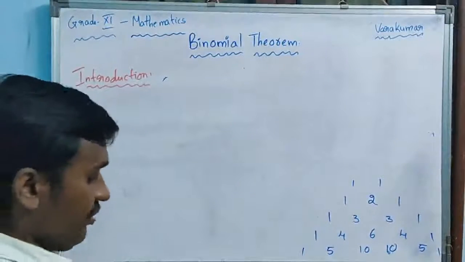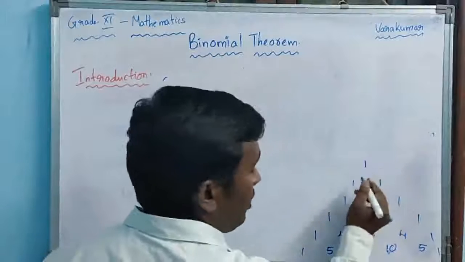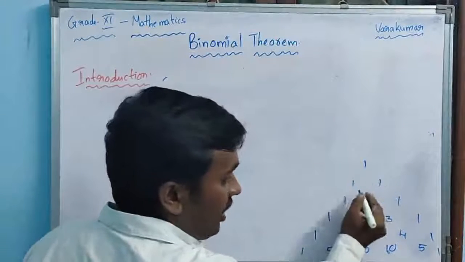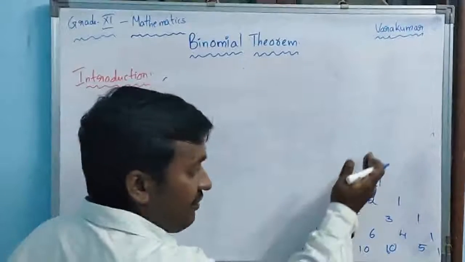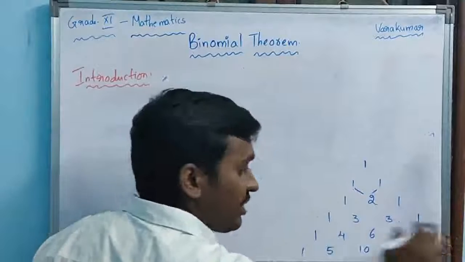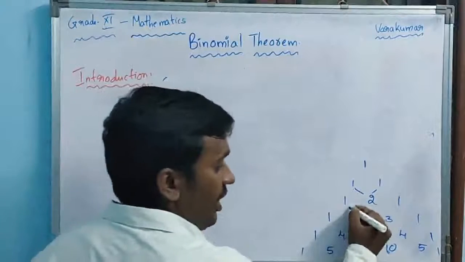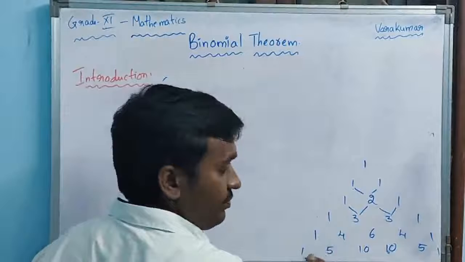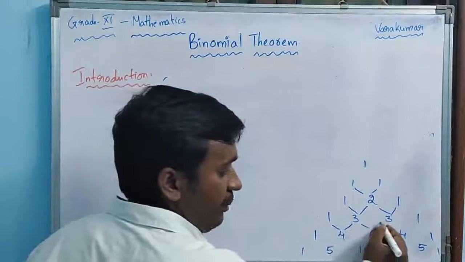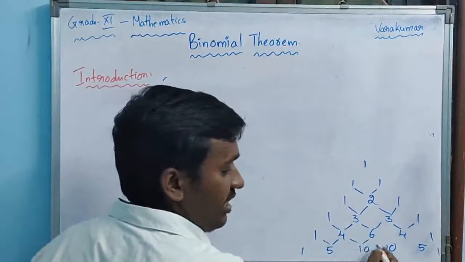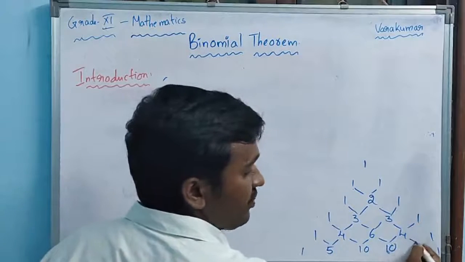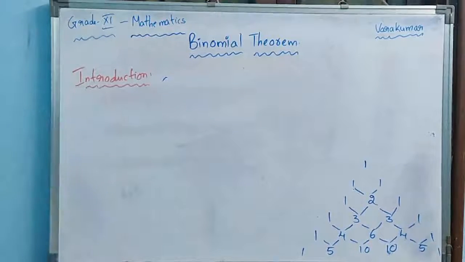Clear? So now if you take it, see, first leave 1, 1. See, 1, 1 you add it, you get 2. See, the first terms and the last terms will all be the same. Next 1, 2, 1: 1 plus 2 is 3, 2 plus 1 is 3. The next 1, 3, 3, 1: 1 plus 3 is 4, 3 plus 3 is 6, 3 plus 1 is 4. Similarly 1 plus 4, 5, 4 plus 6, 10, 6 plus 4, 10, 4 plus 1, 5. So like this you can do expansion for many things, no matter what.